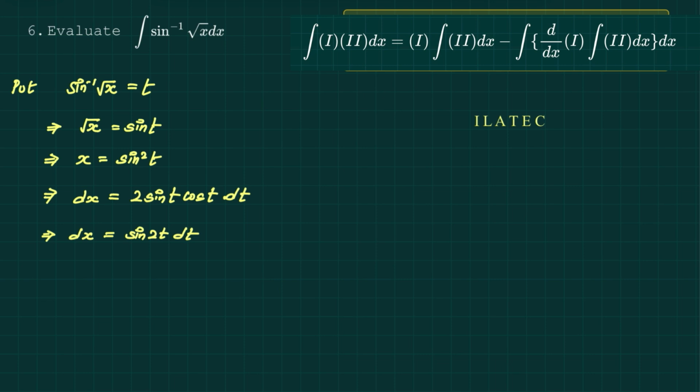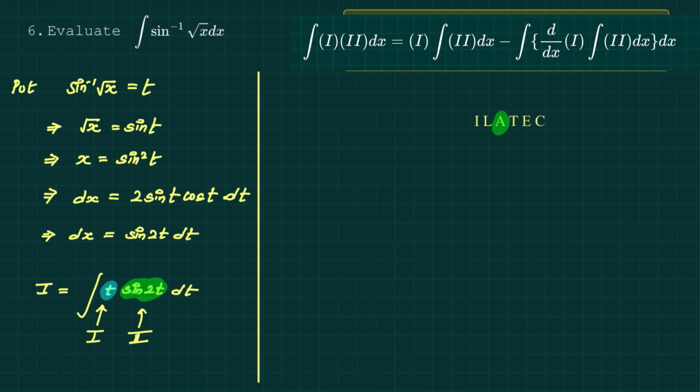Hence my given integral I will be equal to integration of t times the value of dx, which is sine 2t dt. Now there is a product of two functions, that is t and sine 2t. Since algebraic functions come first before trigonometric functions, I will consider t to be the first and sine 2t to be the second function, and evaluating using integration by parts, we will have